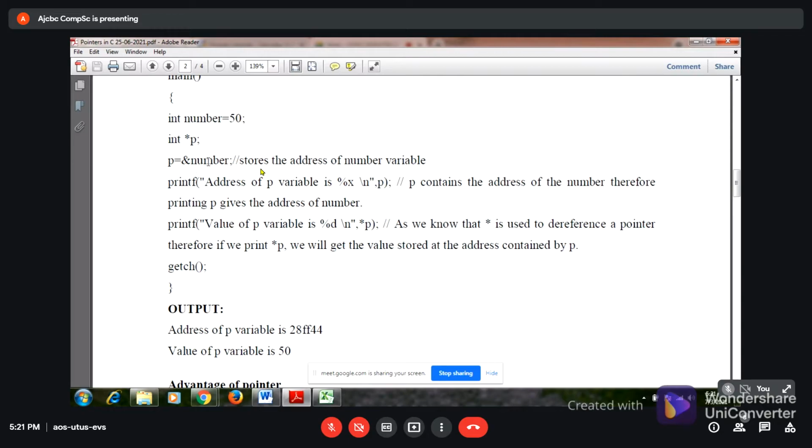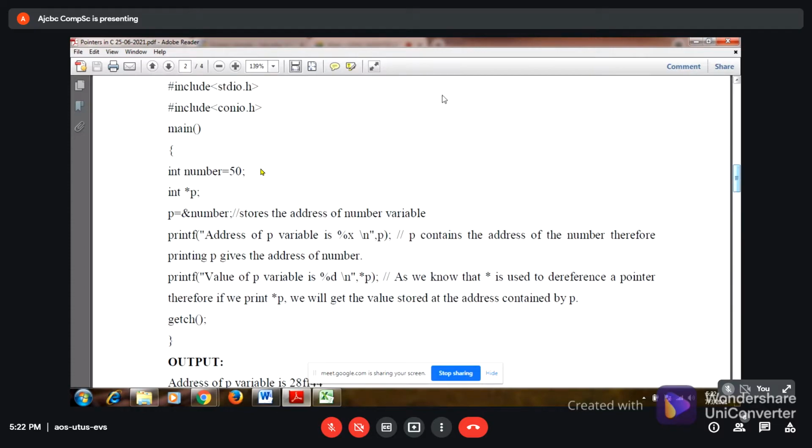It is storing the address of the number variable, and it is fetching the value from the number variable. So the value of the p variable will be printed as 50. Now you see how you are getting this address. This address will continuously change. I'll show you this program.